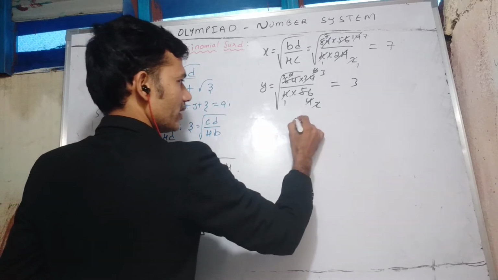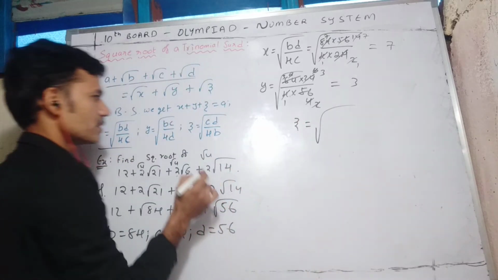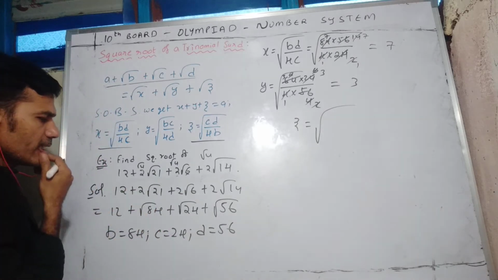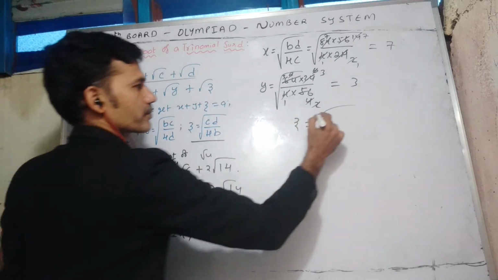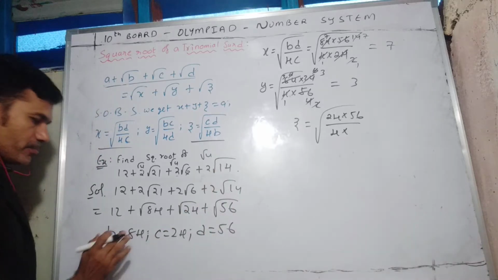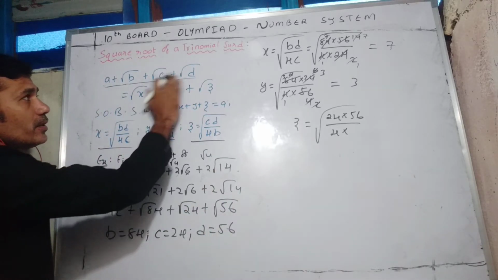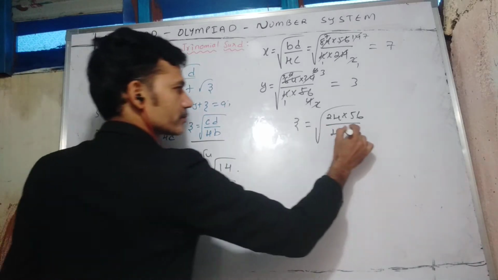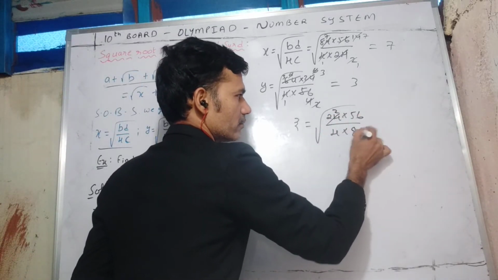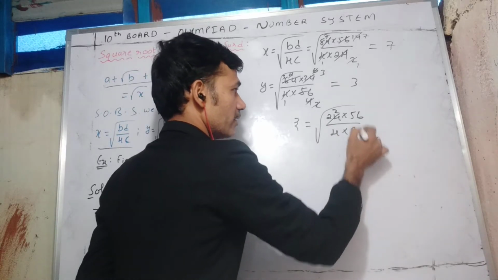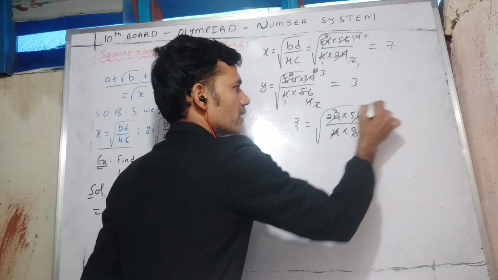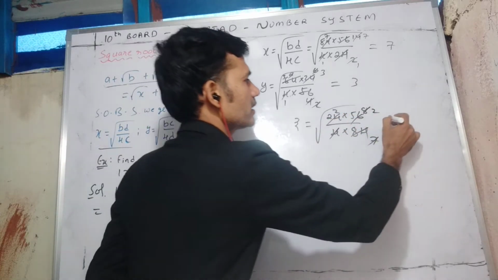Okay, now z value, see, we can use this: c times d upon 4 times b. What are c and d? 24 and 56. 24 and 56 upon 4 times b we have to write. CD if you multiply, no, we have to write b. B is 84. Now cancel. 12 2s are 24, 7s are 84. 7 1s are 7, 8s are 56. 4 1s are 4, 2s are 8. Under root of 2 times 2 is there, that is nothing but 2.